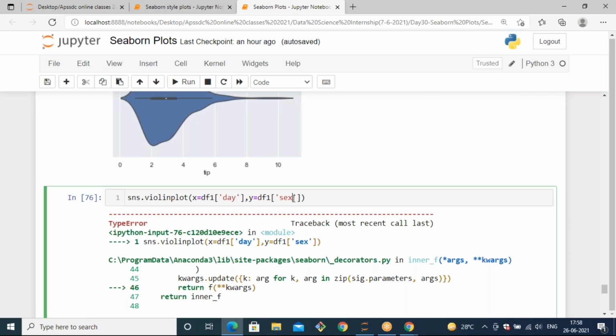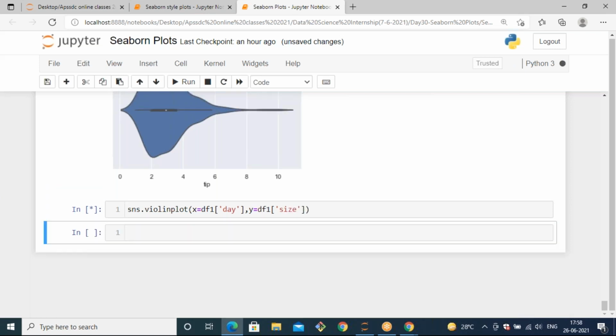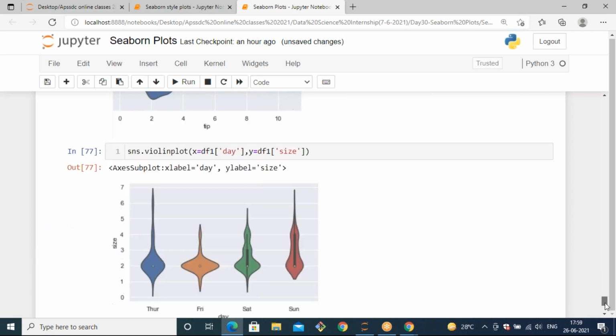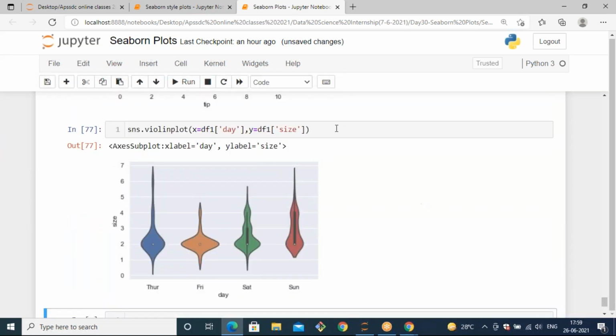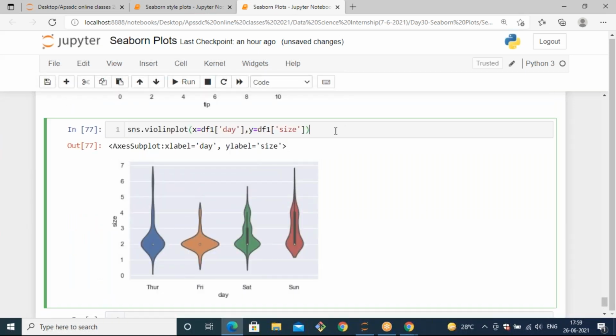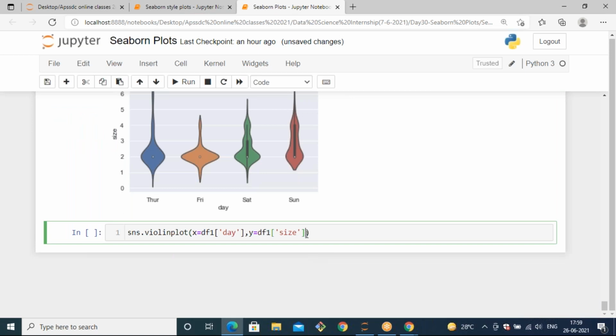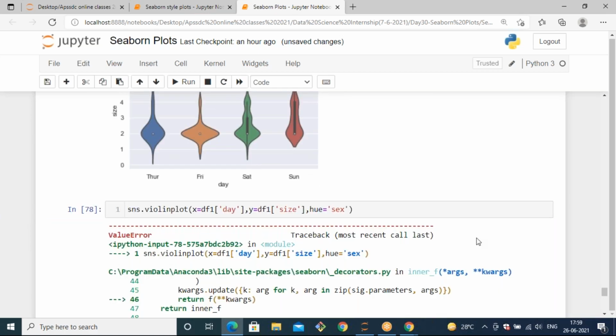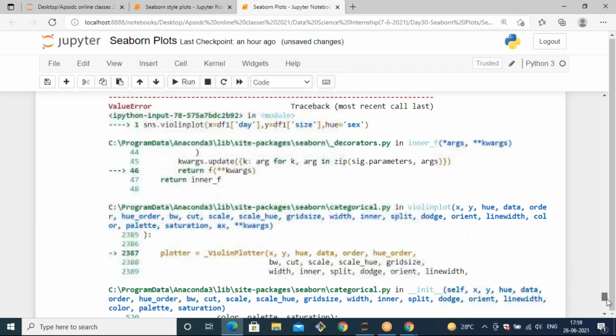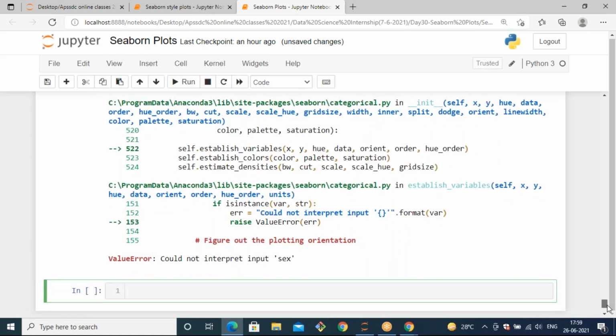Okay, let's change here. I'm changing the y-axis, I'm just passing size. Now you can observe a kind of violin plots. And also you can specify other parameters like hue. So hue equals to sex. When you specify hue equals to sex, it could not interpret the input as sex.